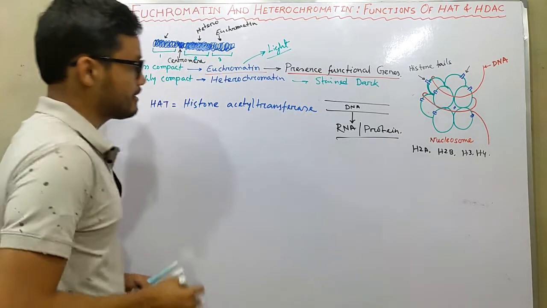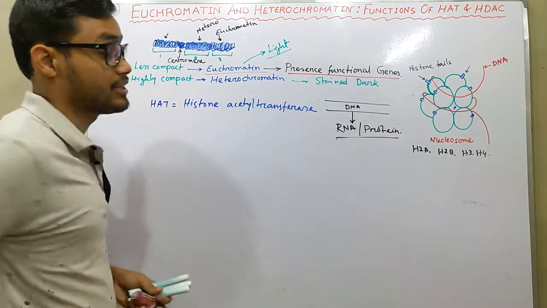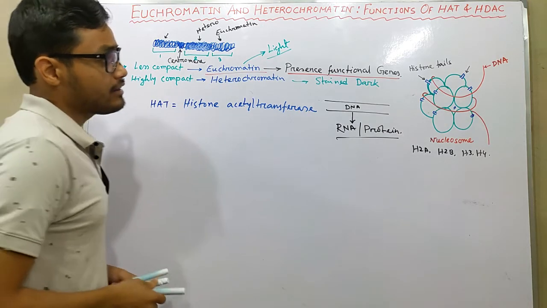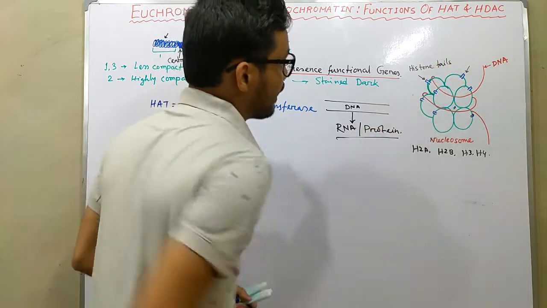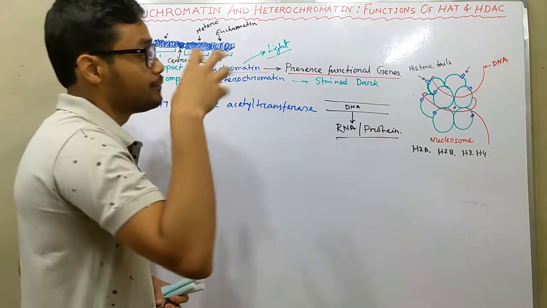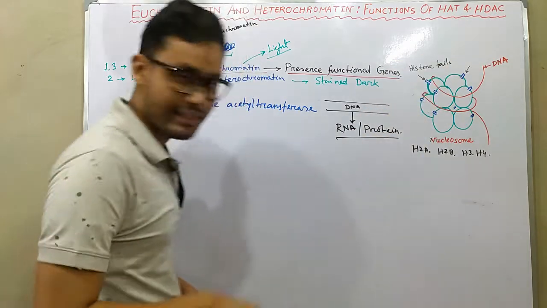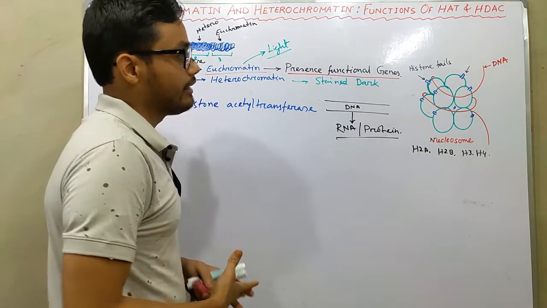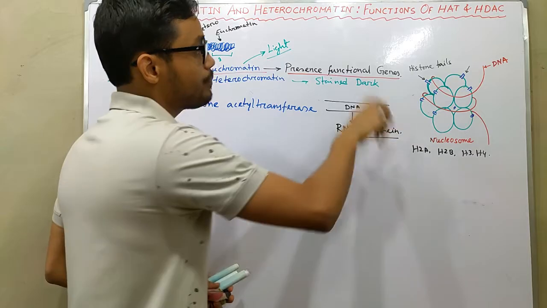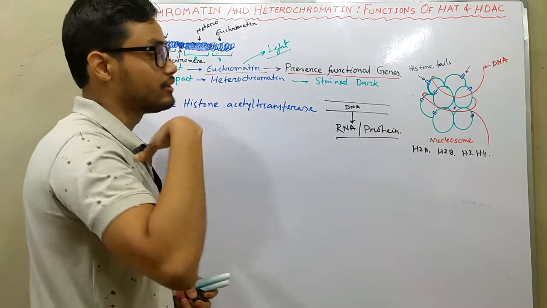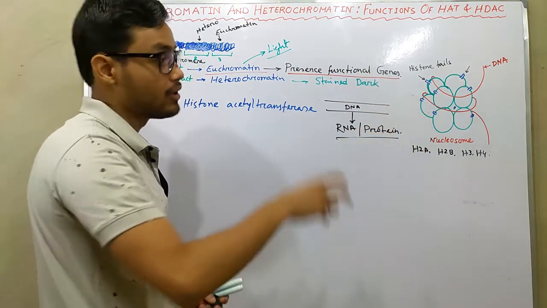Okay, so HAT stands for histone acetyltransferase. It is an enzyme, and it works on those histone tails and adds an acetyl group to those particular histone tails. By adding those acetyl groups, HAT converts the basic properties of the nucleosome or